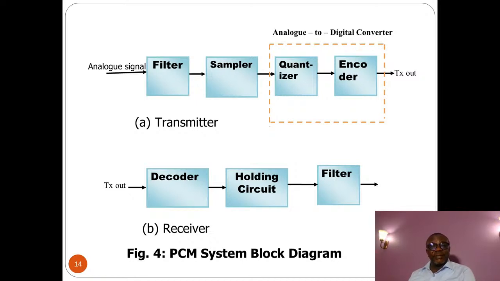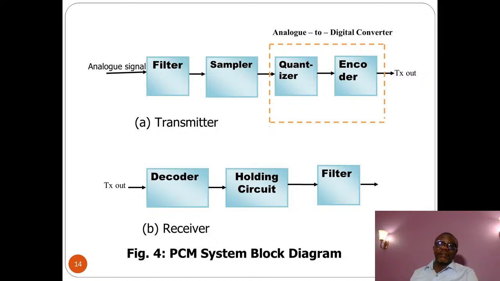At the receiving end, the transmitter output comes into the decoder and the holding circuit, sometimes called a sample and hold circuit. Then it is filtered before being sent to the actual receiver, whether to the VDO or to serve as input